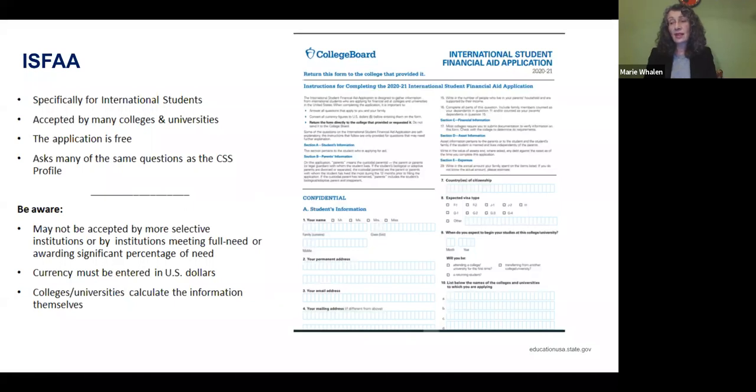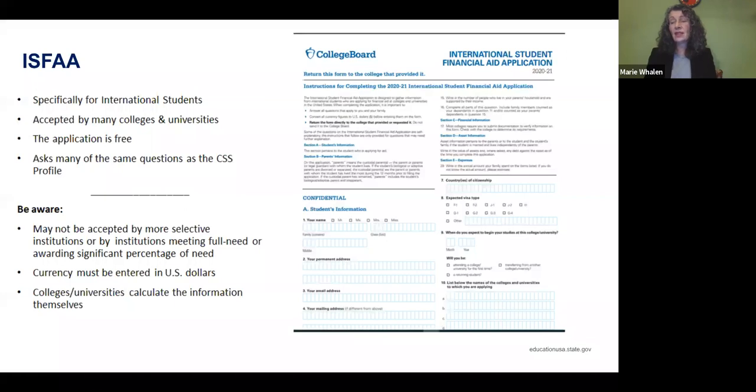This is also something you want to do, as the aid options are so much greater often for US citizens and permanent residents. So if we do have any US citizens or dual citizens here, you may indeed fill out the CSS profile, but you may not submit the ISFAA. The ISFAA does have the advantage of being free. Students can send it to as many institutions as they want without cost,